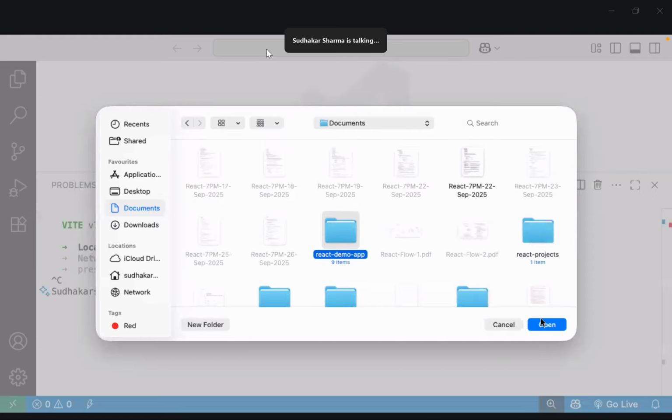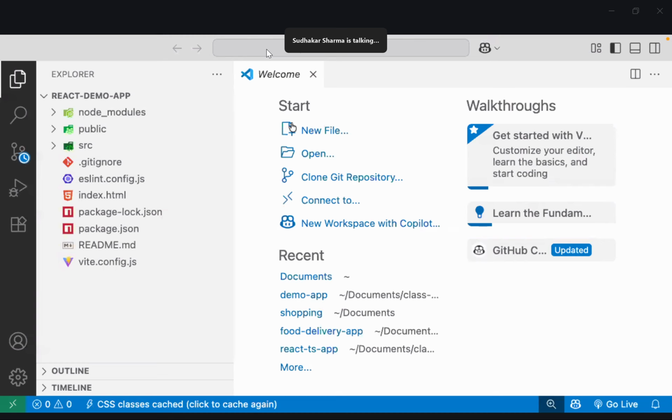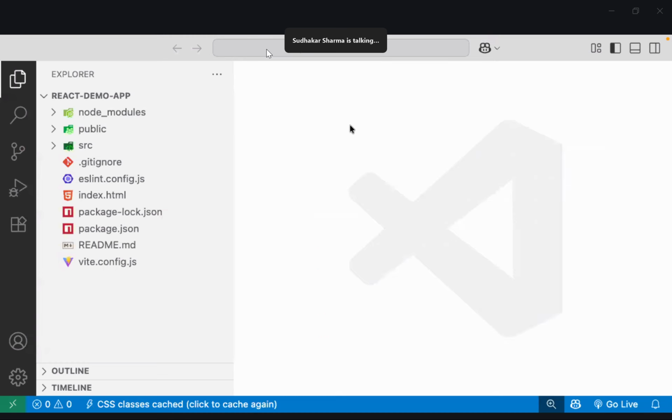Demo app. This is the project folder we created. This is the project folder, and see the environment, almost everything we know inside it. Only a few options are new. So actually, I showed you how to manually create,